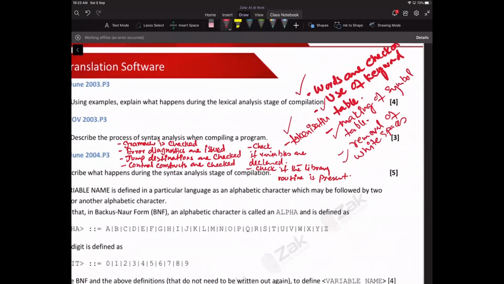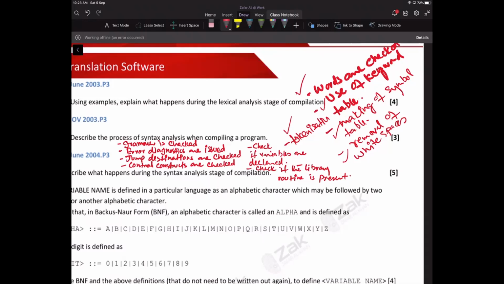What are error diagnostics? Any of the errors which are found are put to the screen, are showed over the screen. Jump destinations are checked, so it means that it is now what? It is now semantic analysis. I said that any of the checkup that is beyond the sentence or statement is basically what? The semantic. So jump destinations are checked. So if you have made your program to jump somewhere, remember JPN, JPE, JMP, those instructions, those locations are checked if they are found or not. That control construct. So if has and if, for has, next, if while has and while, and things like that.